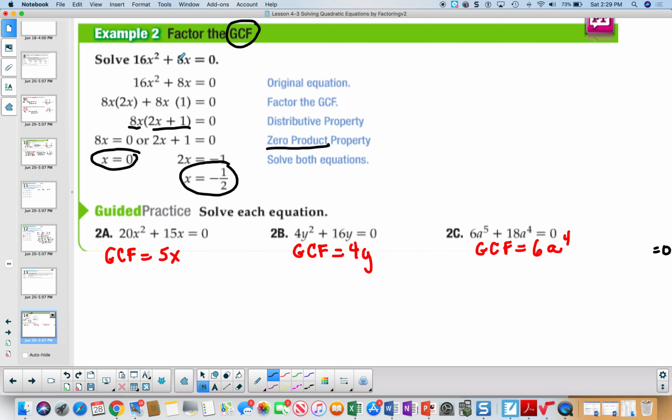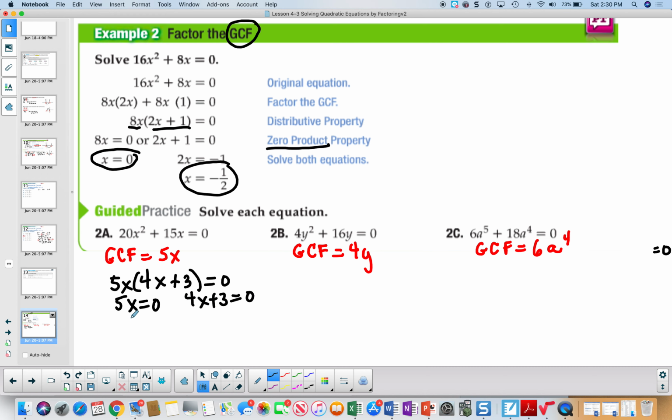These two answers, when I put them back into here, will equal 0. Okay, we're going to solve each equation. I can see my greatest common factor is 5x, so I'm going to take a 5x out, and I'm going to have 4x, and then if I take a 5x out, that's going to be plus 3 is equal to 0. I'm going to set each one equal to 0,